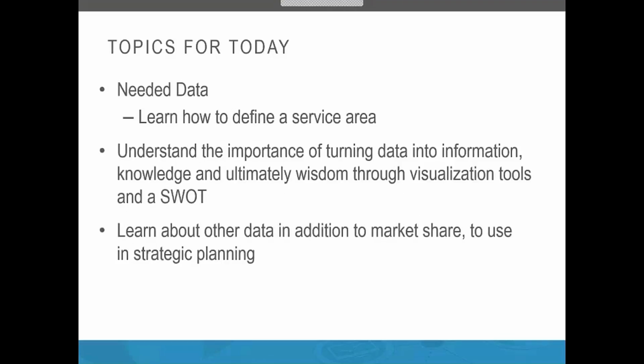So we're being very aggressive. We're also going to talk about needed data for your market assessment, data visualization, data tools, and other data sources available for strategic planning. So some of you may find parts of the presentation elementary, but it's been our experience that although some organizations are very good at some part of the planning process, hardly any organization excels at all of the different pieces.